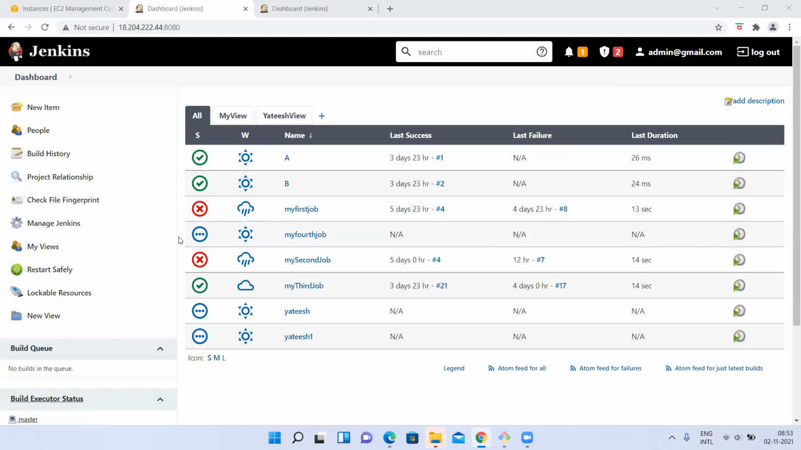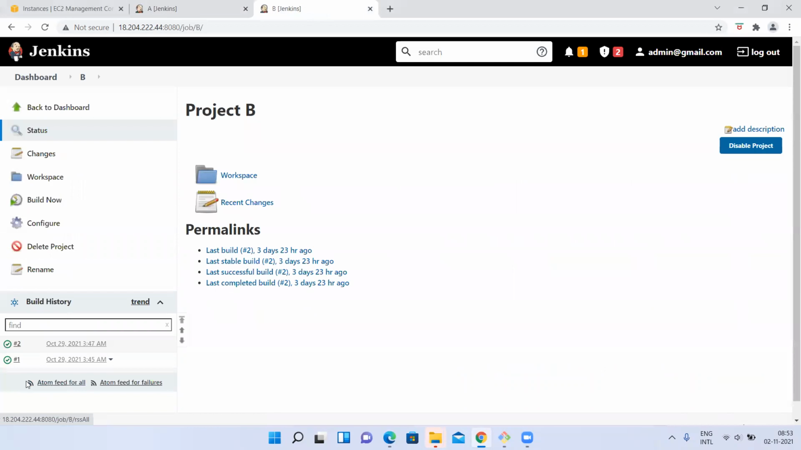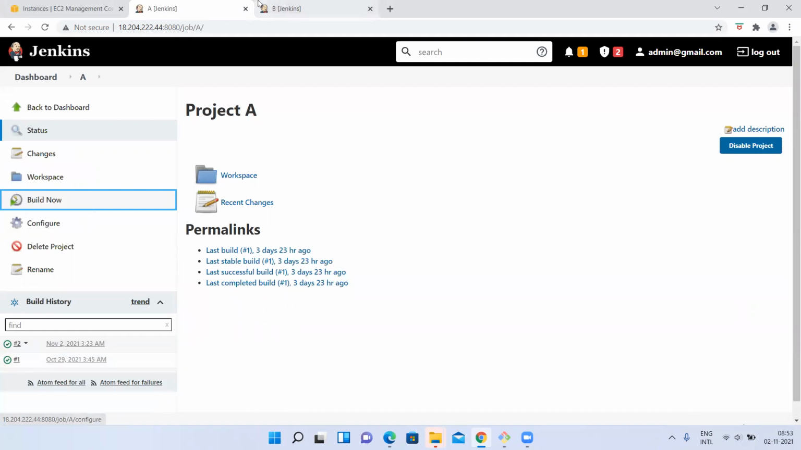Upstream, downstream, right? Next, what I want to do is, when I click on A, if you observe here, I'll open A here, I'll open B here. So B is triggered 2 times, A is triggered 1 time. Now I'm going to click on build now of A. So A gets completed, you see here. Now if I go here and refresh this,